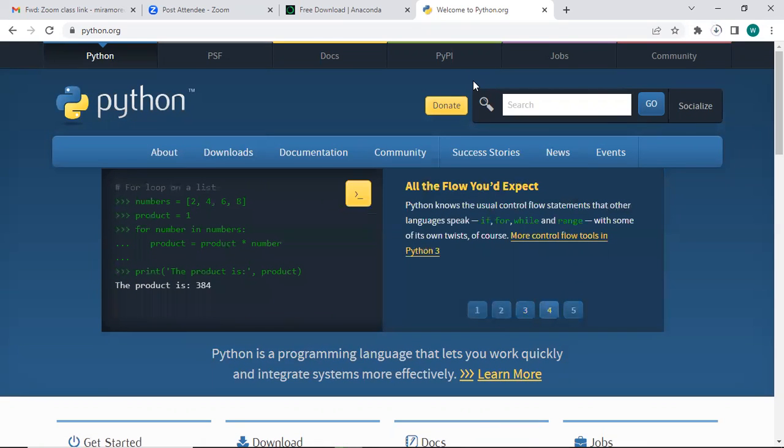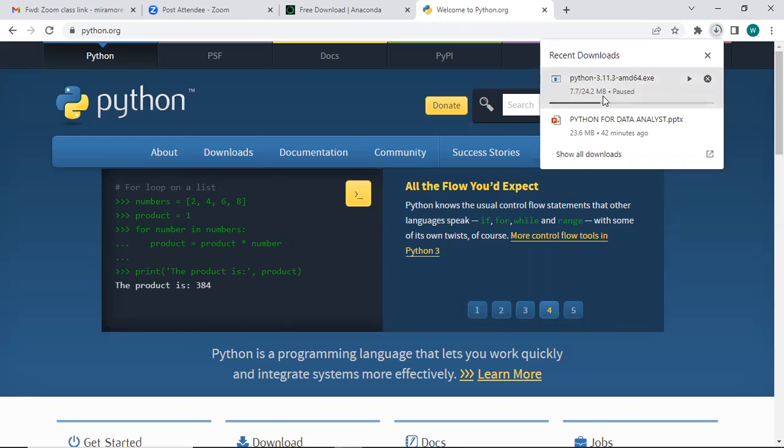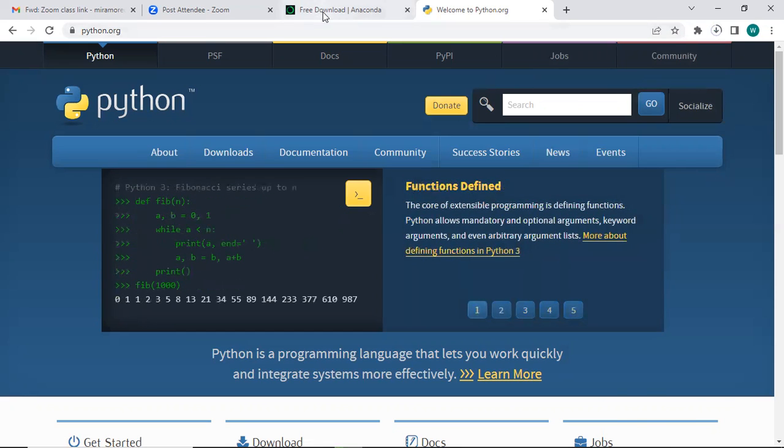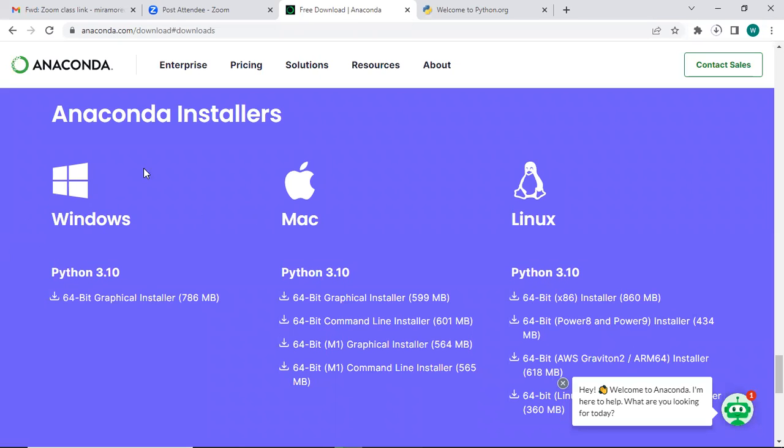But if you watch, now there's a difference. This one is carrying just 24.2 MB. Why? Because it's not a full package. Remember, after downloading it, you're now going to be downloading all those other packages one by one. But with this Anaconda, the distribution method, what size are you seeing? 786 MB, because it's coming with the full package. So it's left for you, which one do you want to go for? If I'm in your shoes, I will go for Anaconda through anaconda.com, so that I can get through the distribution method.